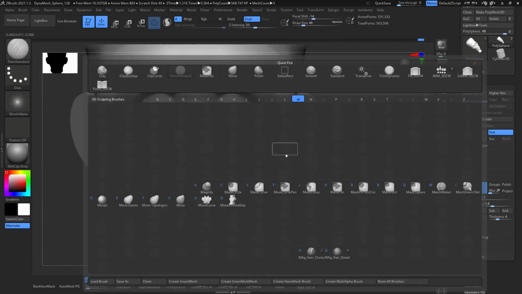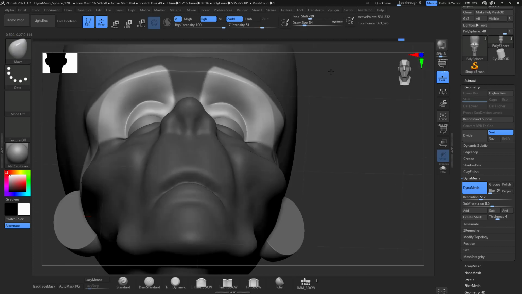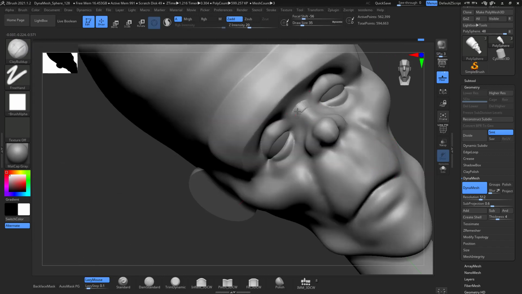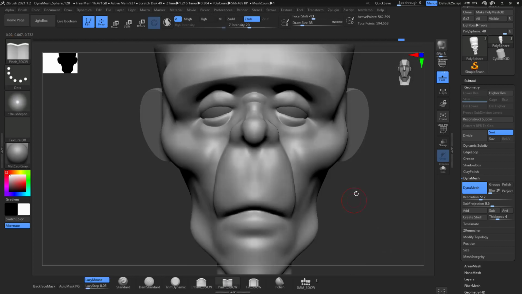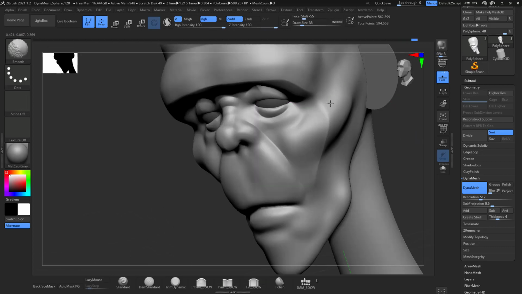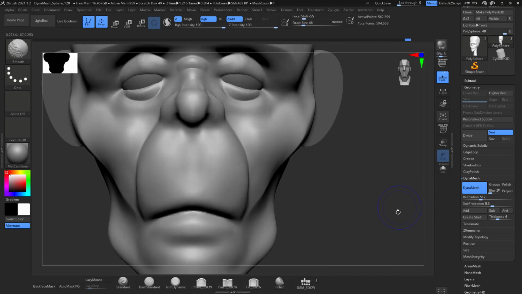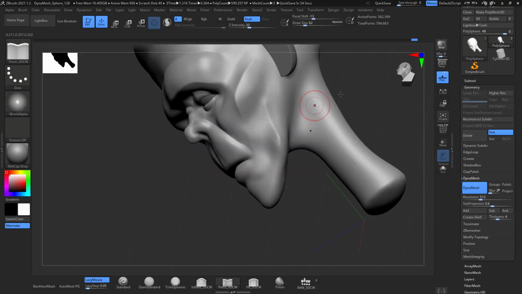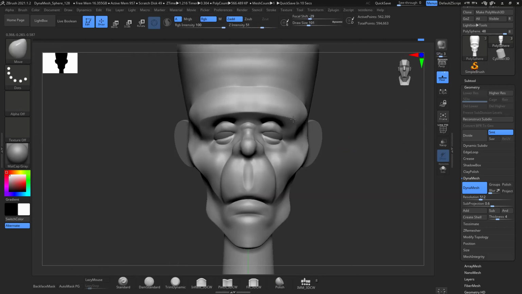Because right now, as you can see, it's a 512. And one of the things that I do, for example, is I leave the ears on the side and do them later, and then Dynamesh with a higher resolution. I don't know why, but I like that technique. I don't like to do the ears at the same time as the face. So I'm doing a lot with the Pinch tool and DamStandard,